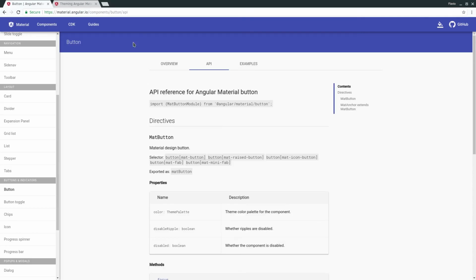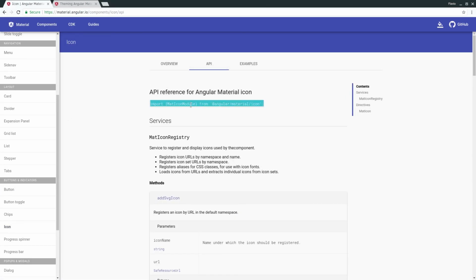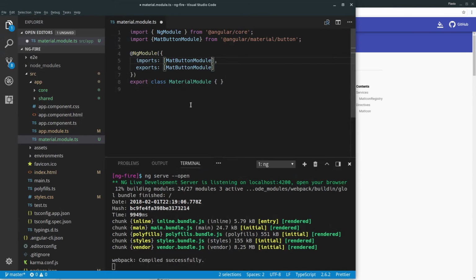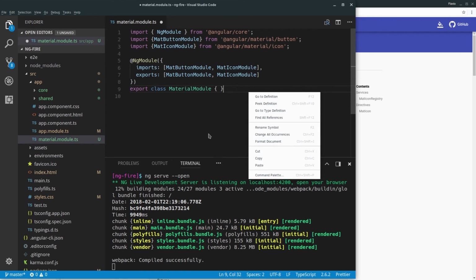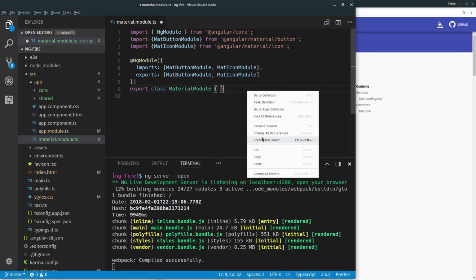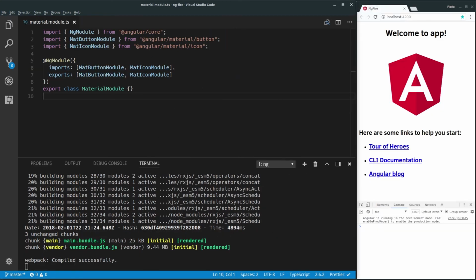While we're at it, let's go ahead and add some icons as well. Alt click. I'm using Prettier to format my code. Here in the VS Code, you can right click and use format document, Ctrl-Shift-I. Now our app is rebuilding. Next, we need to